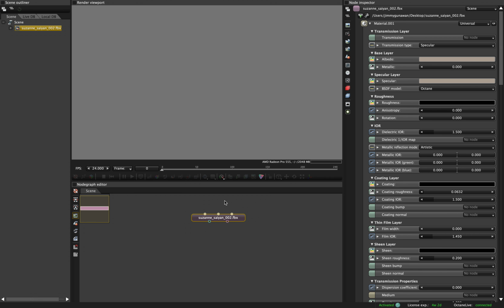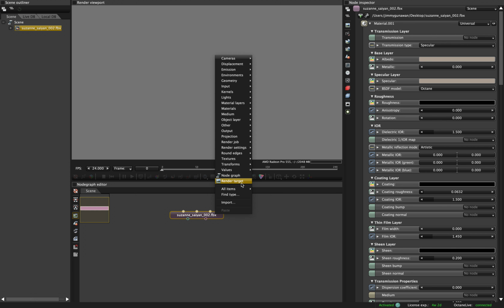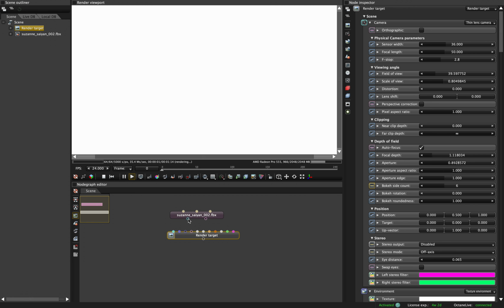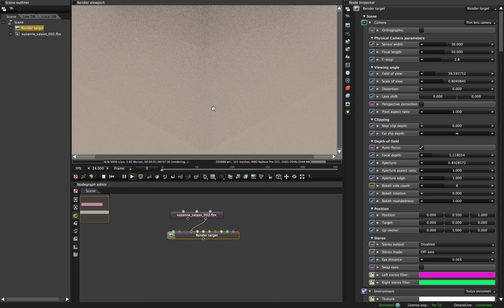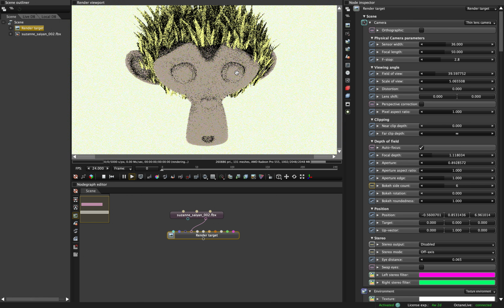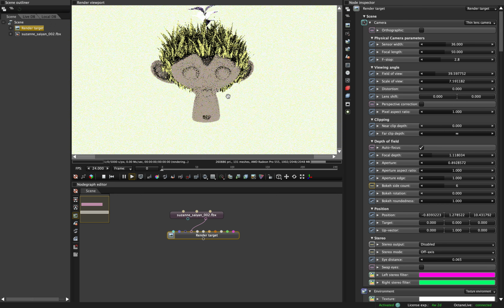So suddenly we have these nodes to work with. All right, we have a camera and geometry. Okay, interesting. We don't have anything here on the render yet. If I right click here and create render target, we have another node, and I'm gonna just connect these guys, like for example the geometry. So now we have Suzanne's head over here with 3 different materials,